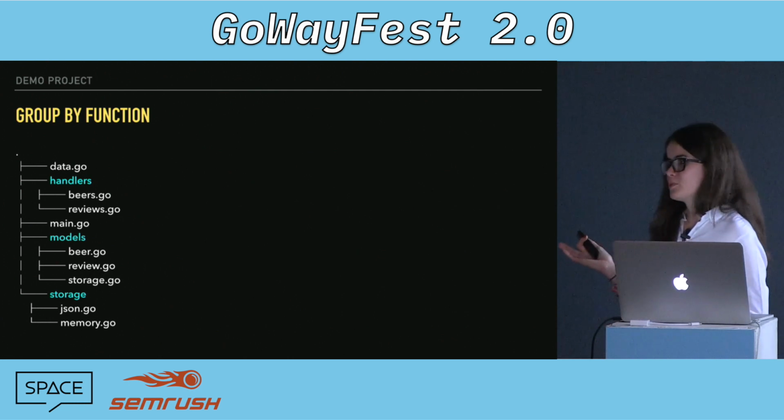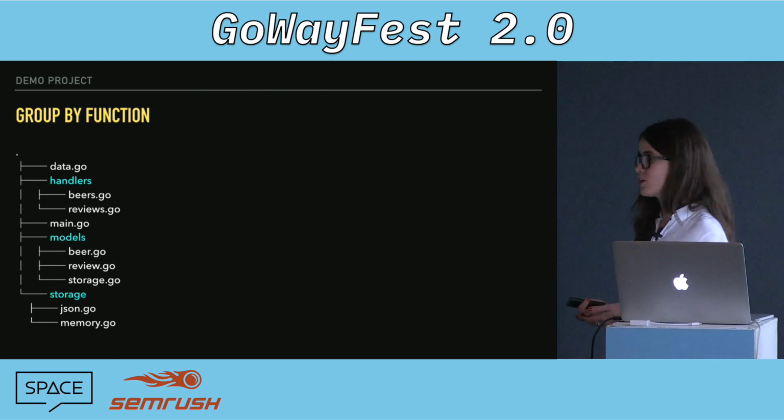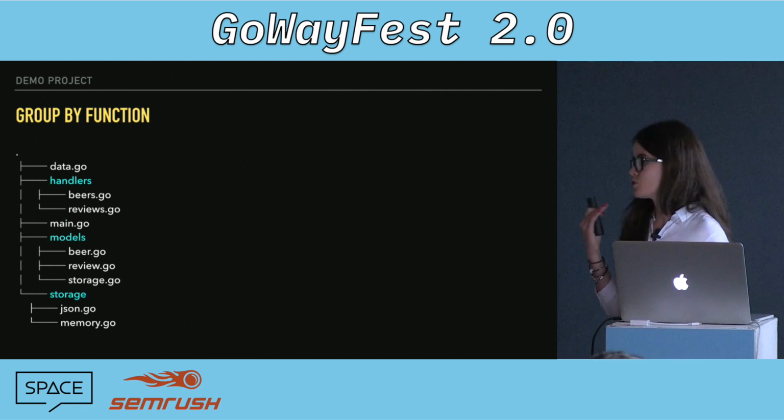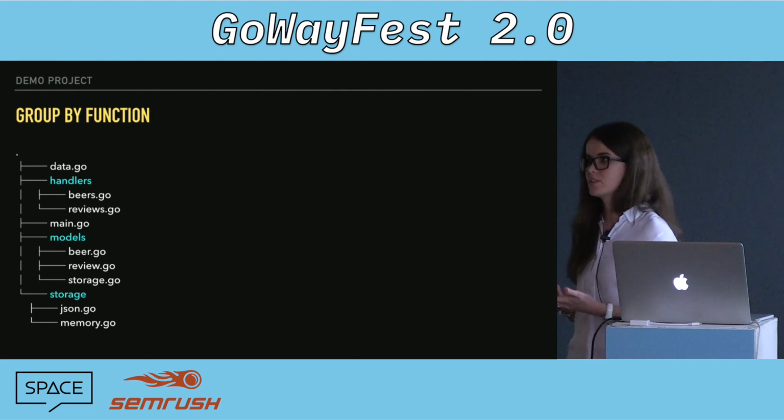And the biggest problem with this is that actually this program won't compile. If you try to run it in the demo app, it won't compile because of circular dependencies. And that's very common when you have the middle layer, so the models being used by both the top layer and the bottom layer. It's very easy to run into circular dependencies.